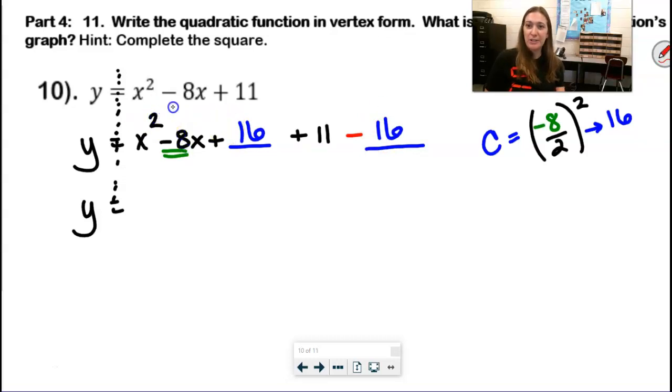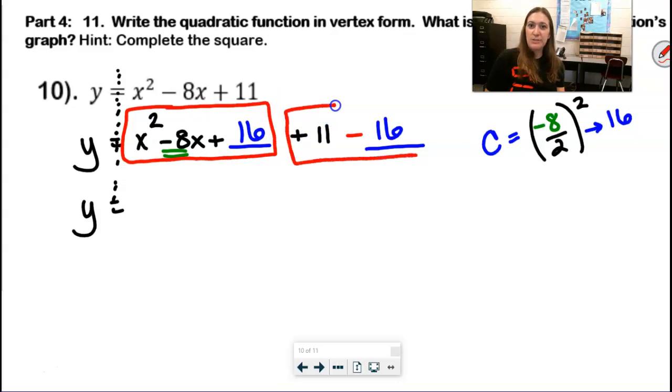But watch the magic. If I strategically group these 3 terms together and call them something else, simplify them, and then I strategically group these 2 terms together and call them something else and simplify them, I'm going to succeed. Ready? This guy right here becomes the factored form of x, and then half of that would be -4, quantity squared,